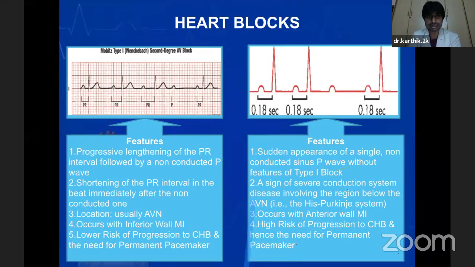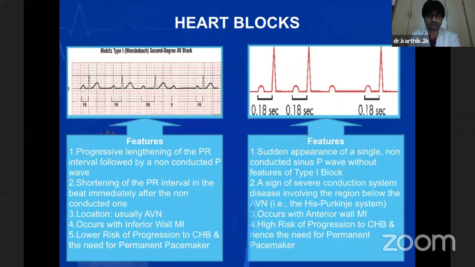In the second illustration, we can see Mobitz type 2, where at random or spontaneously, a particular P wave is not followed by a QRS complex. So when there is a sudden appearance of a single non-conducted sinus P wave without features of type 1 block, you have to consider that this is a harbinger indicating a severe conducting system disease, which can indicate either acute myocardial infarction or age-related degenerative changes of the conducting system, and the lesion is usually below the level of